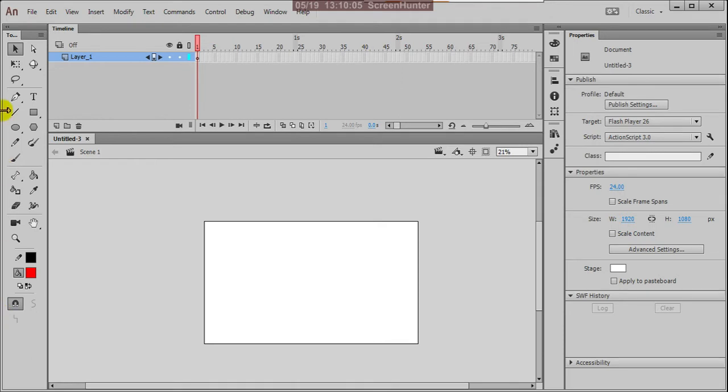The tools are displayed on the left side, the same as in Photoshop and Illustrator. For Animate CC also, the tools are displayed on the left side and the properties and panels are shown on the right side. So you won't feel it as a new software, it is already familiar, the same view as in Photoshop and Illustrator.